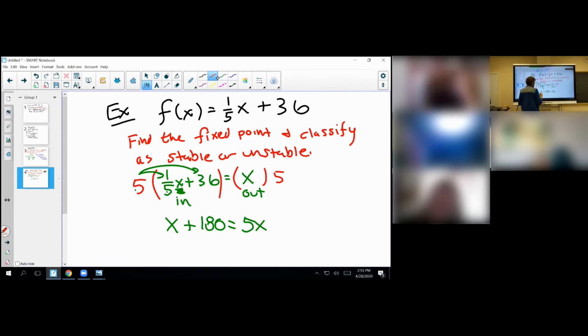And we're going to subtract the x over, you get 180 is equal to 5x. And I'm just going to multiply by 1/5 on both sides. I guess I'm undoing what I just did, but oh well. Or divide both sides by 5. Those cancel, and then get that x is equal to 180 divided by 5, which is,